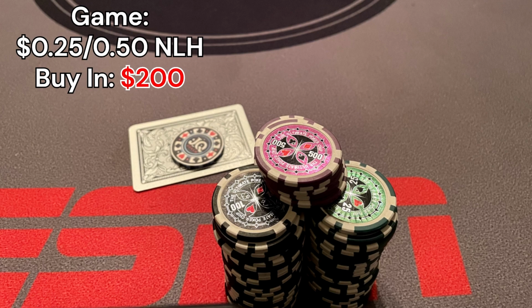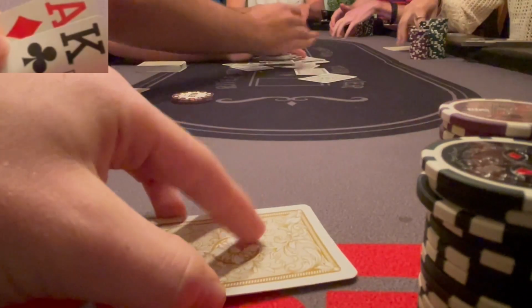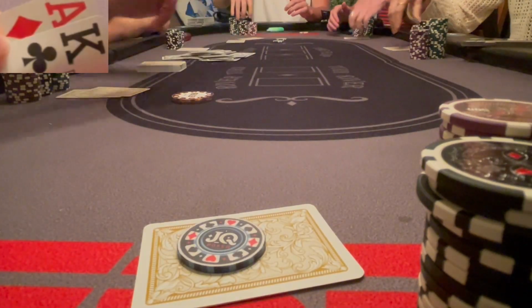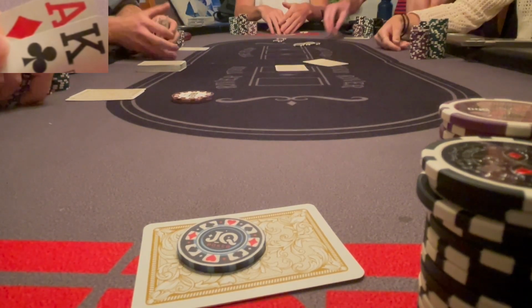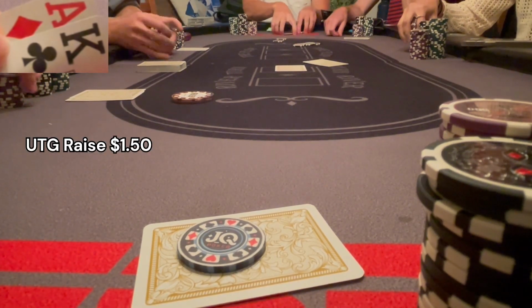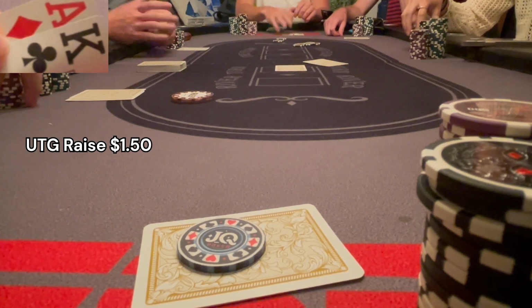Game is a 25-cent to 50-cent no-limit hold'em game. We start off with $200, and we start off with the front foot when we pick up ace-king offsuit in the cutoff. Currently, we're playing seven-handed. Under-the-gun player is going to raise it up to $1.50. The standard opening size kind of increased as the night goes on, but early on, this is pretty standard, and